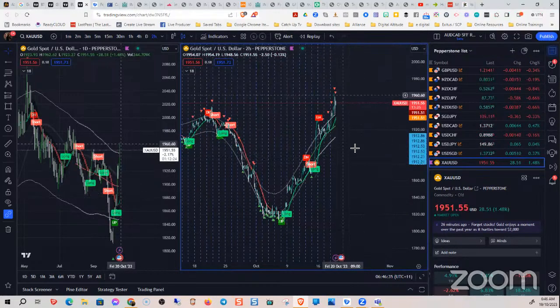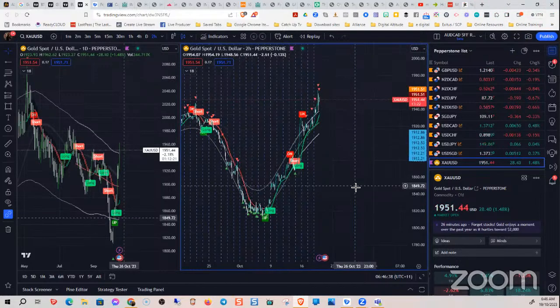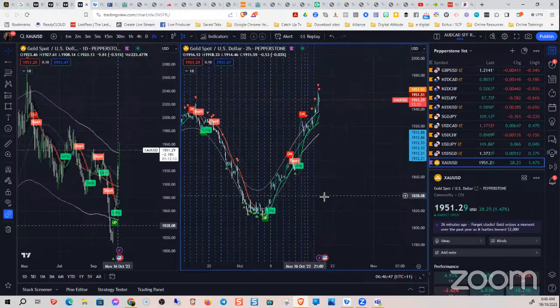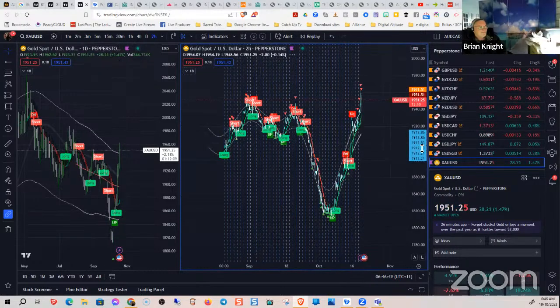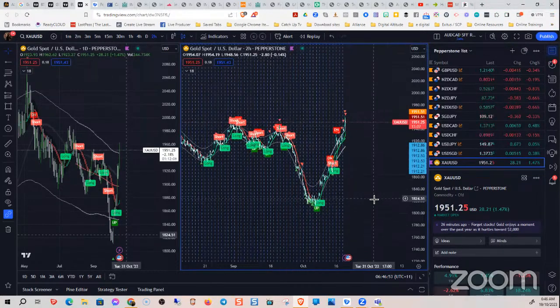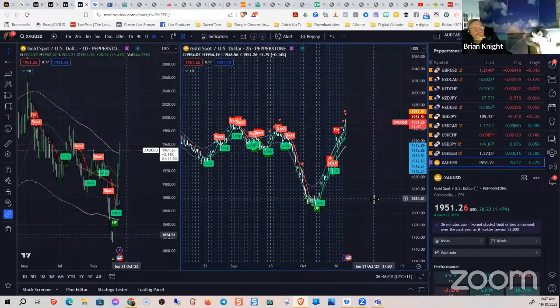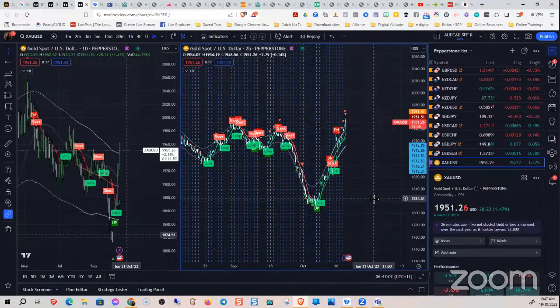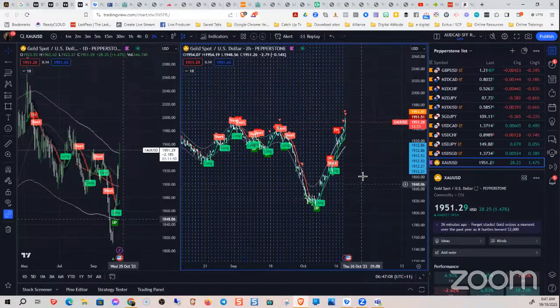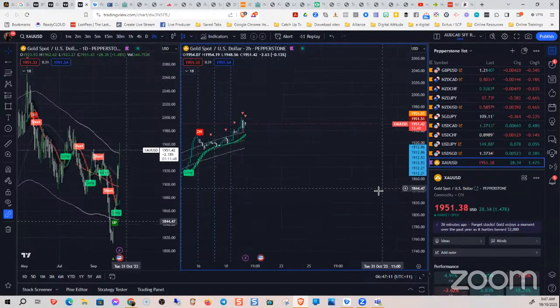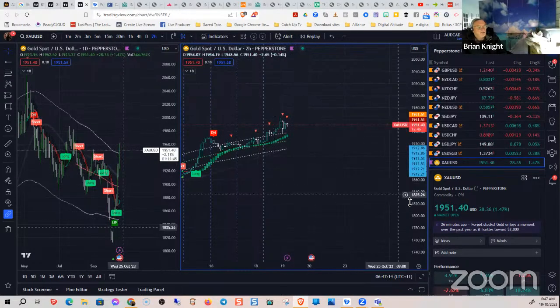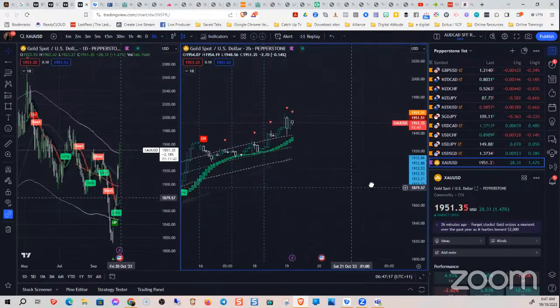So when you get these, and let's say it goes down to the other side and starts to bounce back, and you're like, oh, it didn't take off, it must have failed, and now it's going to continue back up. What I've noticed a lot of times with these arrows is that if you don't get that big push on the first one, wait till the second one. It's going to fail and not be able to beat that high, and you're going to get a bigger drop. So I take these things as warning signs.